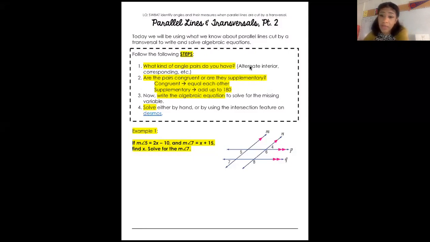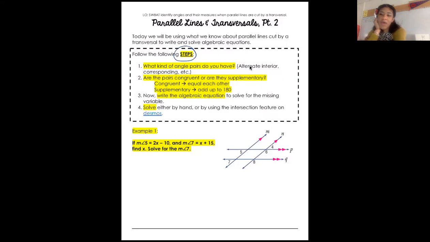Again, what's highlighted is what you're expected to write. If you need to write more, feel free. So I broke down some steps for you. These are our steps. Step 1: What kind of angle pairs do you have? That's the first thing. Once you label the given information and look at what you're given, you have